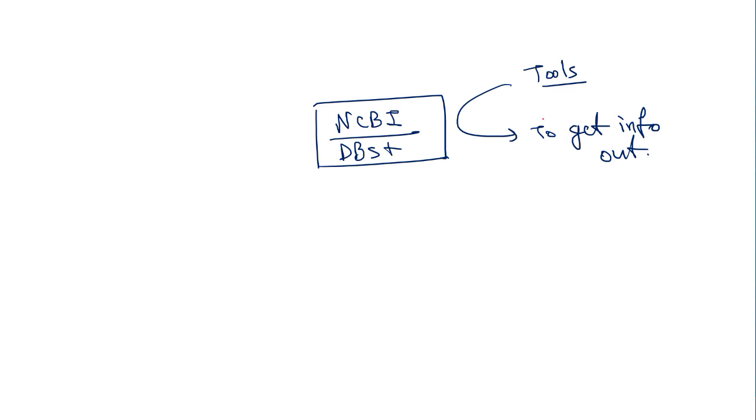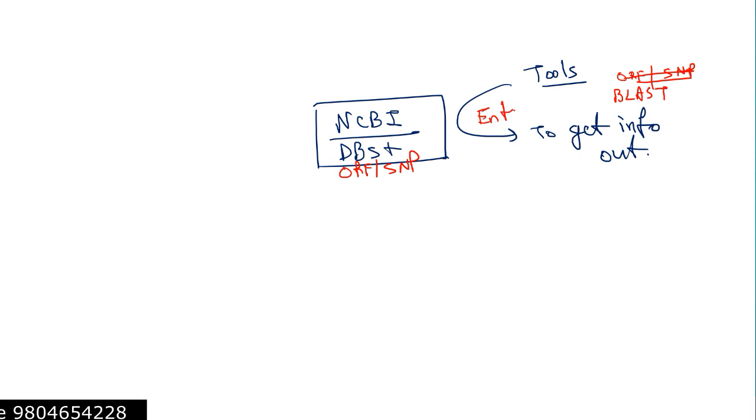Let's say one of such is this open reading frame, SNP data. So these are the databases, open reading frame, SNP databases, and the tools that we can use is this BLAST, for example, BLAST, or Entrez. These are some examples of tools to get information out,